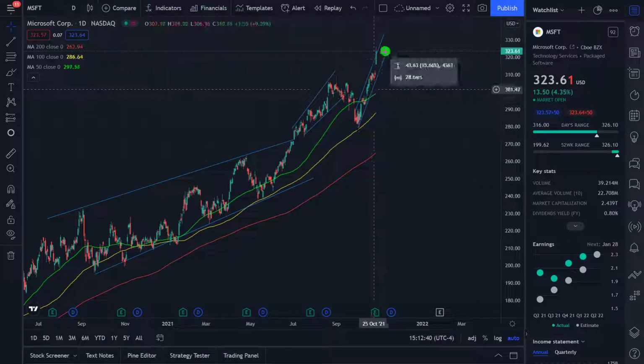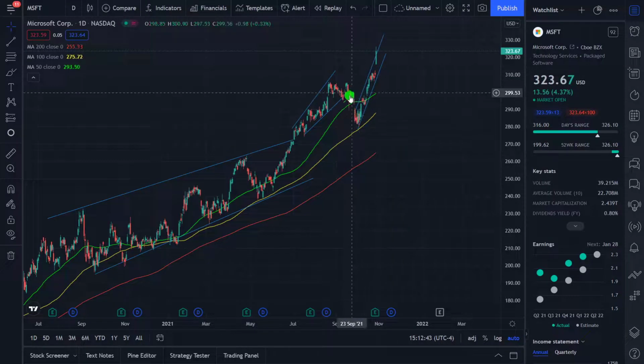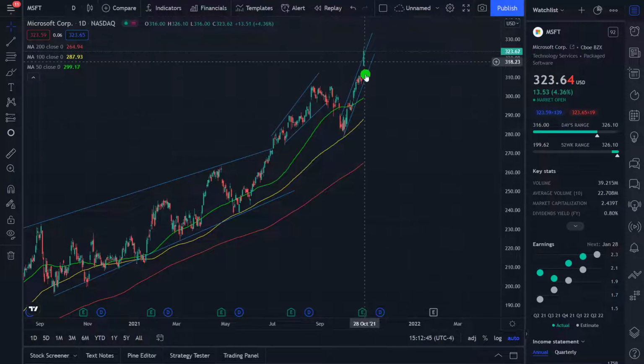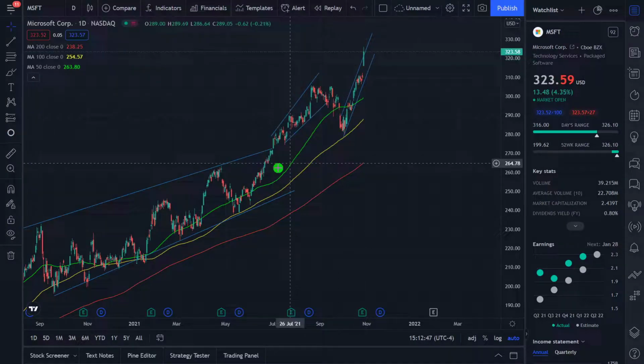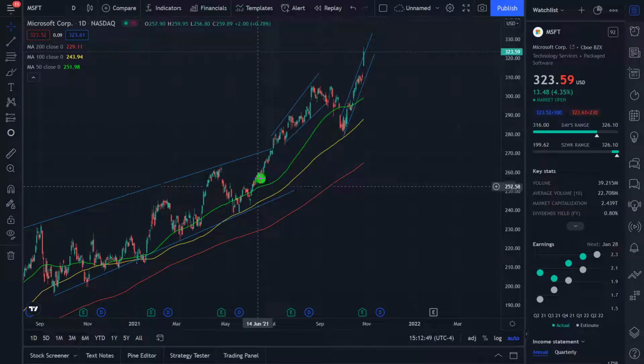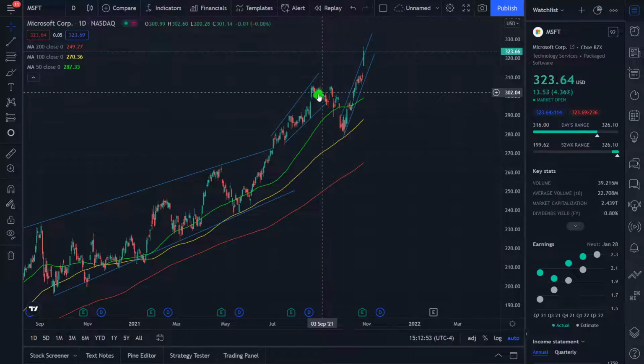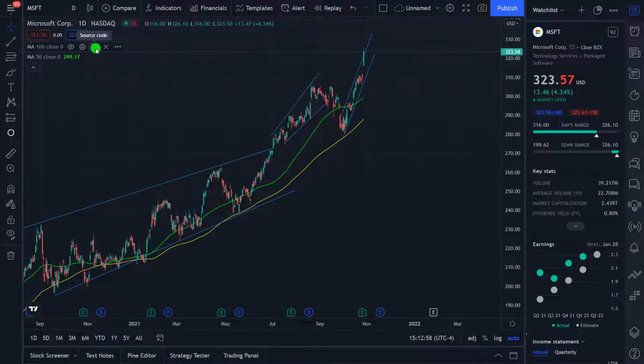The price broke above the 50-day moving average. So that would have been a massive buy signal there, but it's difficult because we broke so high above it. The last time we broke this was a sustained run here in July, and it continued until it, well, basically dropped back down to the 50-day moving average. So moving averages, difficult to say because of the massive price movement right now.